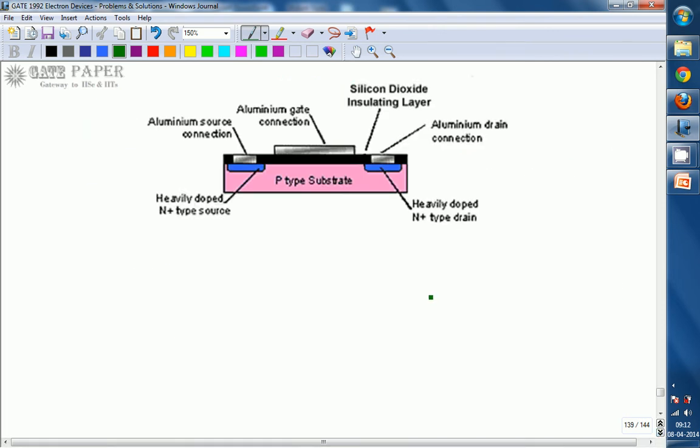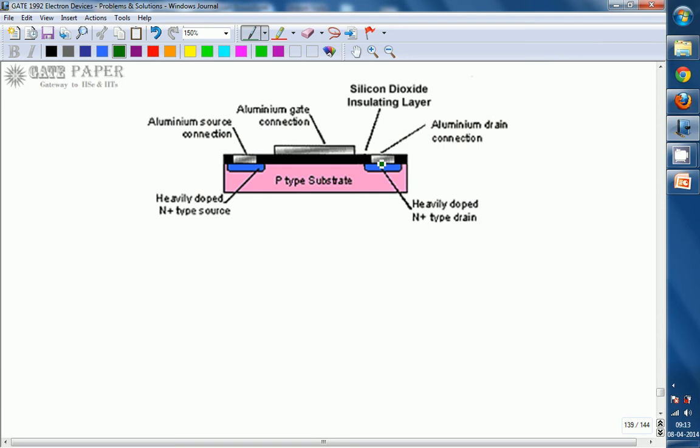So this is the construction of an N-channel MOSFET, that is, NMOS. NMOS is always fabricated on a P-type substrate, and into that two N plus regions are diffused. Out of the two, one acts as the source, the other acts as the drain. Above that there will be a thin silicon dioxide layer, also called the gate oxide, and above that some gate material is used. In olden days the gate material was aluminum. Because of its low melting point, it has been replaced with polysilicon. So the gate consists of polysilicon.